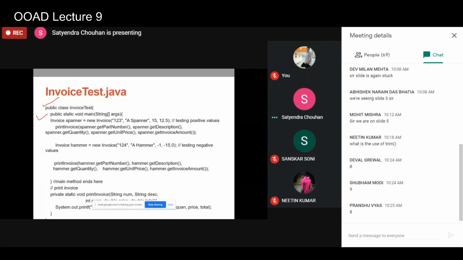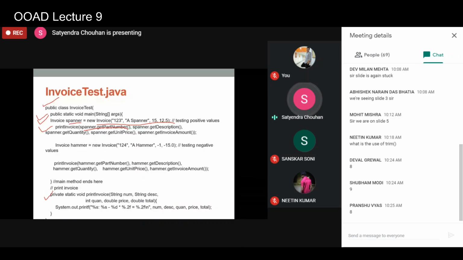So this is an object, you are giving some values, testing values, and you are printing the invoice just by getting the part number. You are actually sending these values inside a static function, defined in the invoice test.